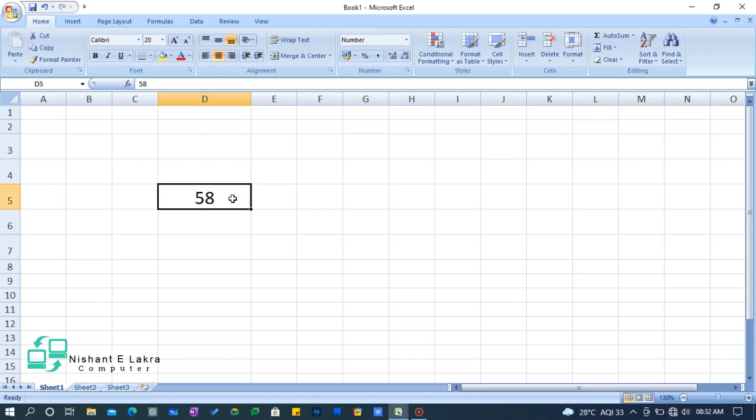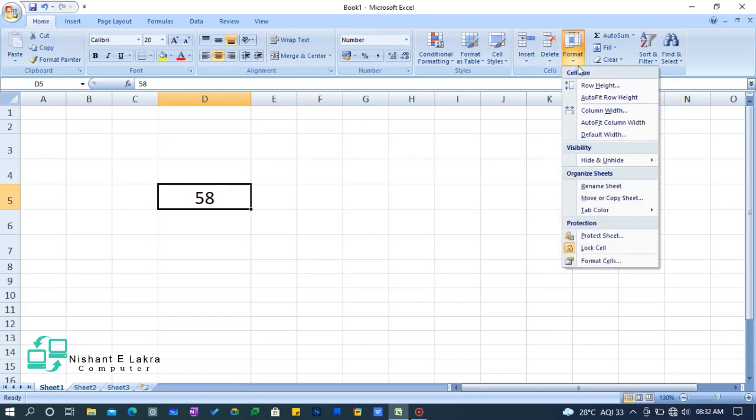After that, click on Home tab, and on your right hand side, inside the cell group, you have a format option. Click on Format. A drop down menu will appear, and click on the last option, that is Format Cells. When you click on Format Cells